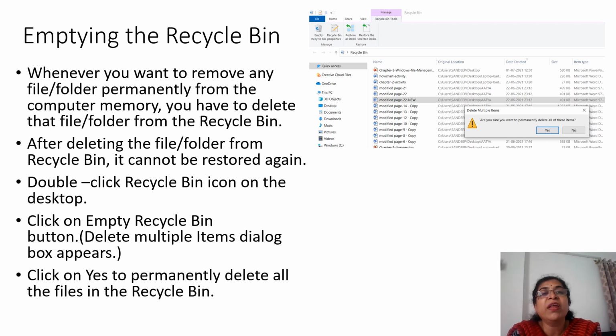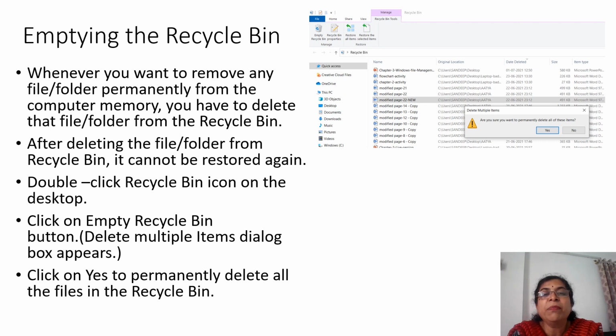In the same way, whenever you want to remove any file or folder permanently from the computer memory, you have to delete it, and you can remove it from the recycle bin also. After deleting the file or folder from the recycle bin, it cannot be restored again. Remember this: whenever you remove it from the recycle bin, you cannot restore it.